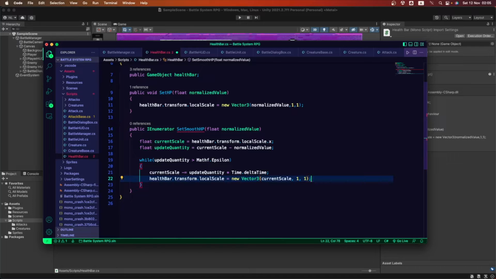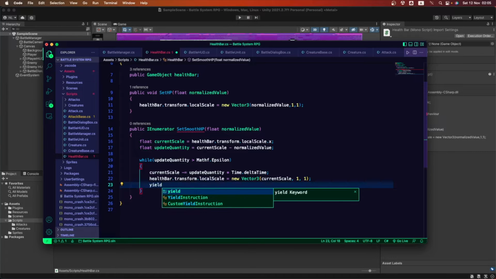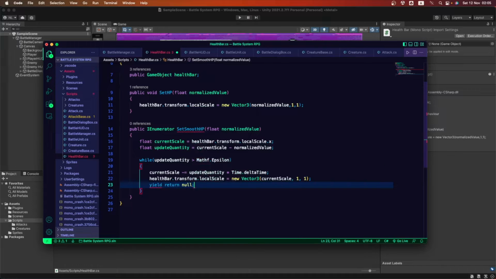That is what we want to do, and this is gonna be repeating in this loop. And because this is a coroutine, we really don't need anything after that, so this is gonna be a yield return null. Great.